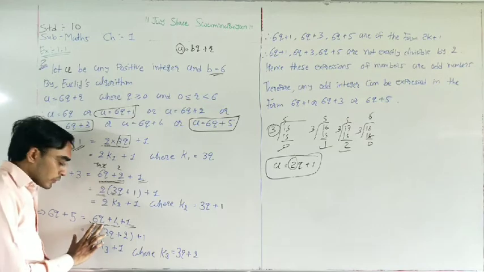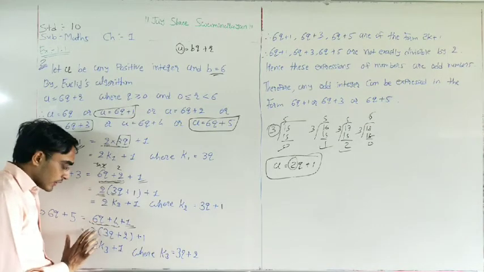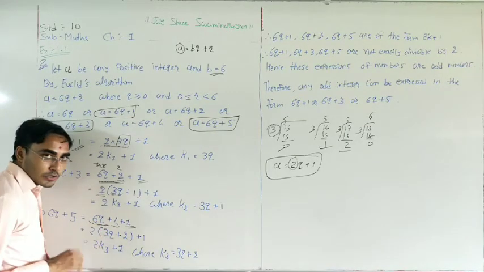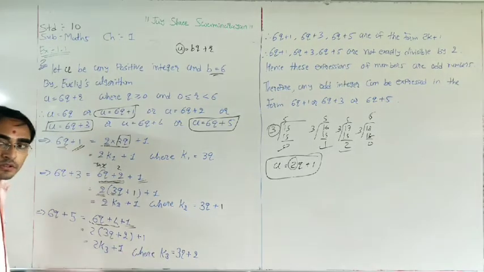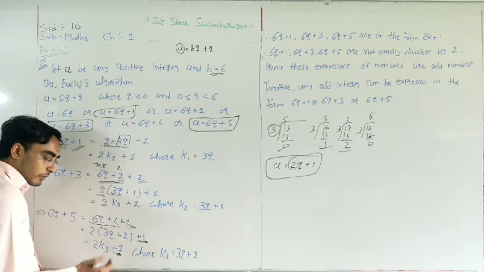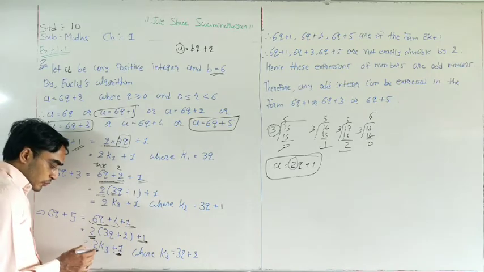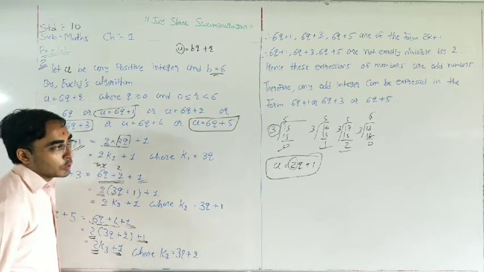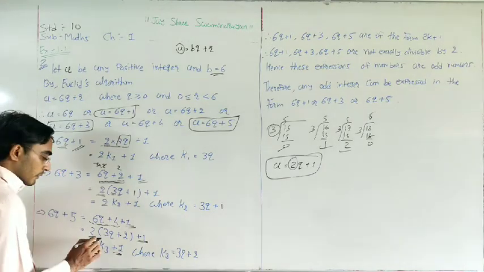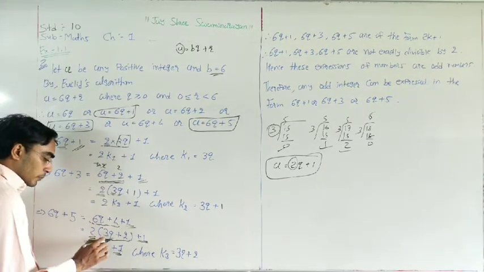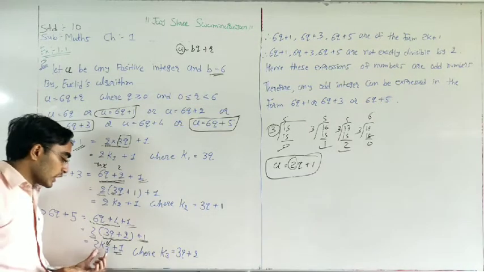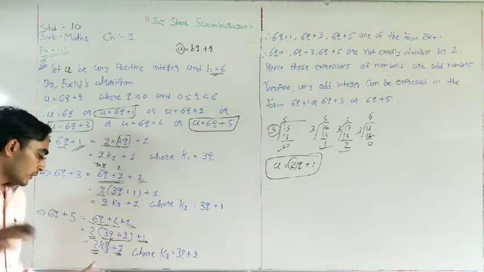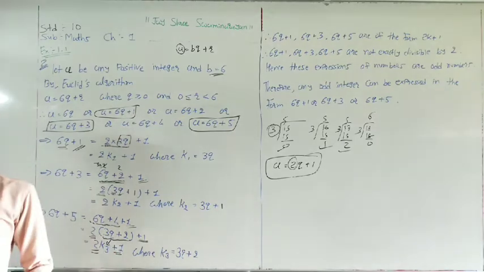Here we have 6q, we take 2 as a common, 2 3s are 6, 2 2s are 4, so here we need to write 2. Now this plus 1 we want here, right? This plus 1, then we want 2. We also want this 2, right? We do not want this bracket, so put one constant in place of this bracket. So 2k3 plus 1. So again you get the form of 2k plus 1.